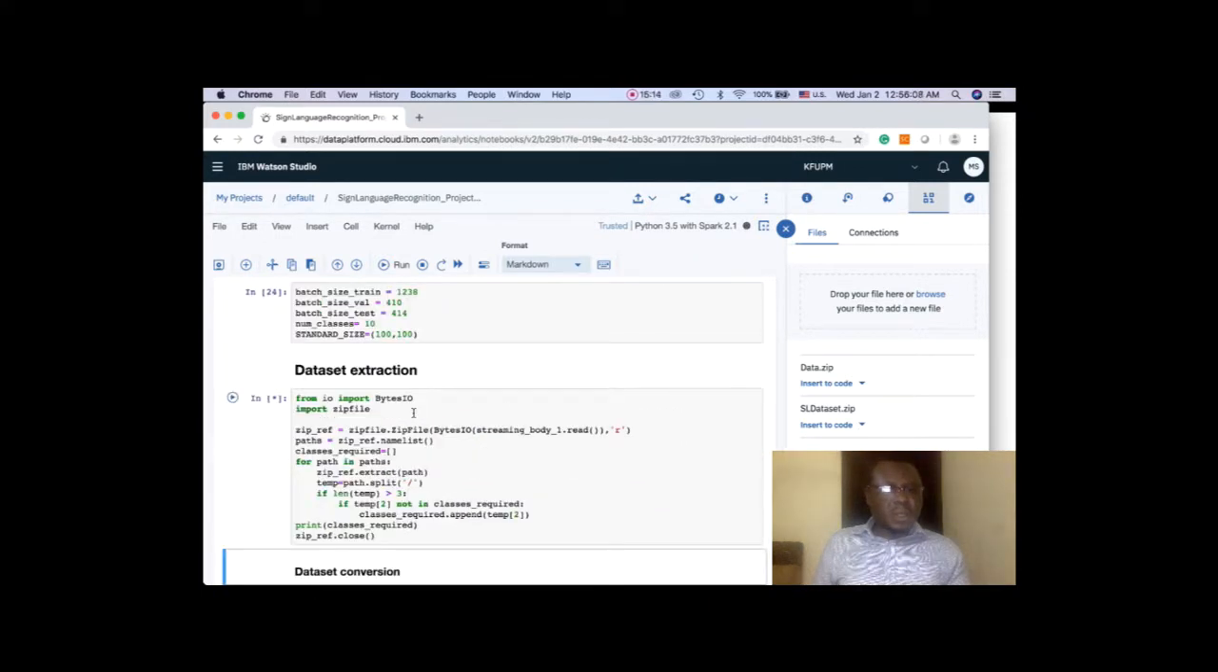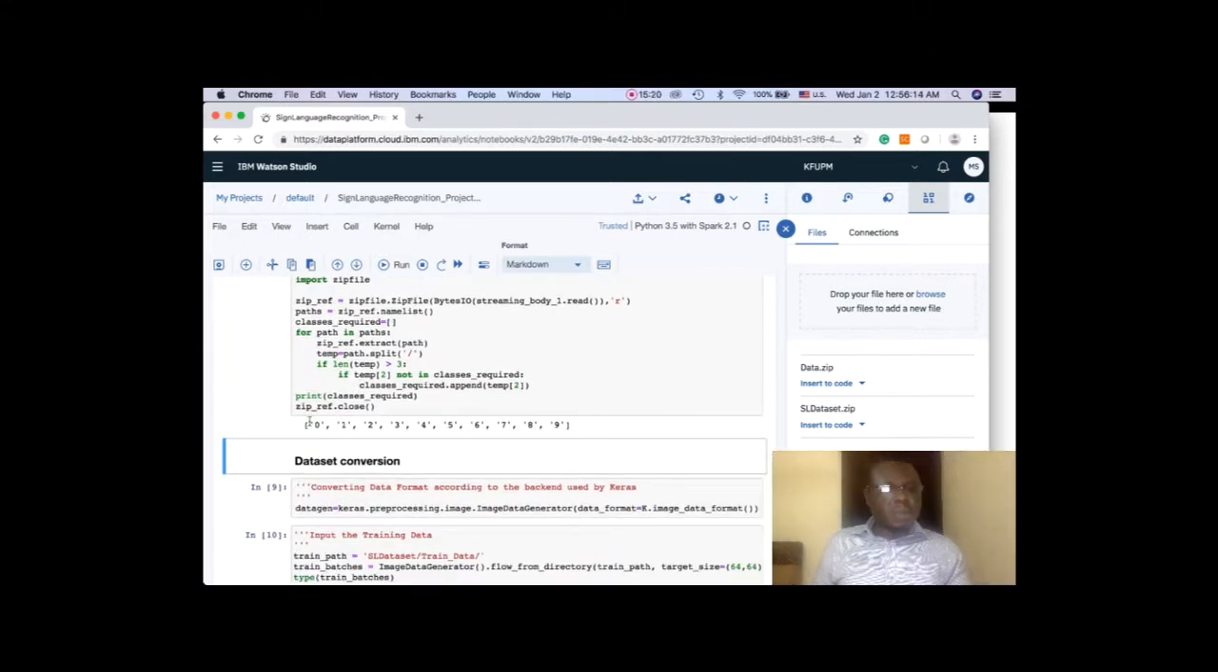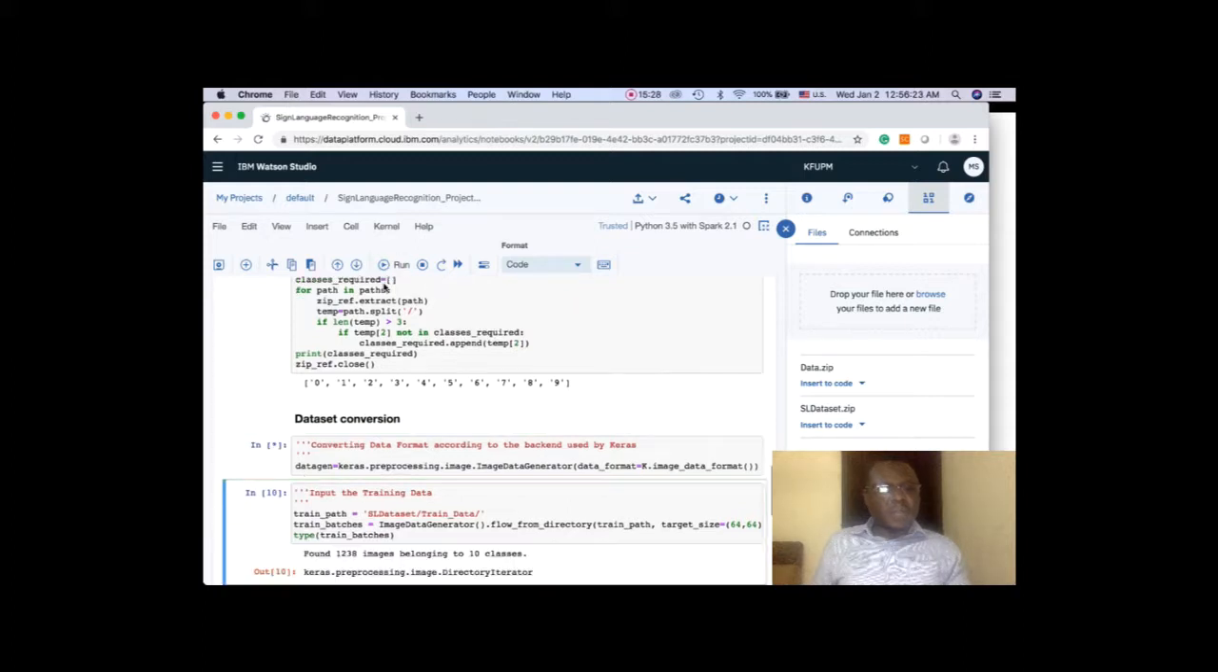Okay. I think, did I do this? Maybe I didn't run this. Yeah, now we extracted this. So this is used to extract the classes from 0 to 9, and then the extraction of the data